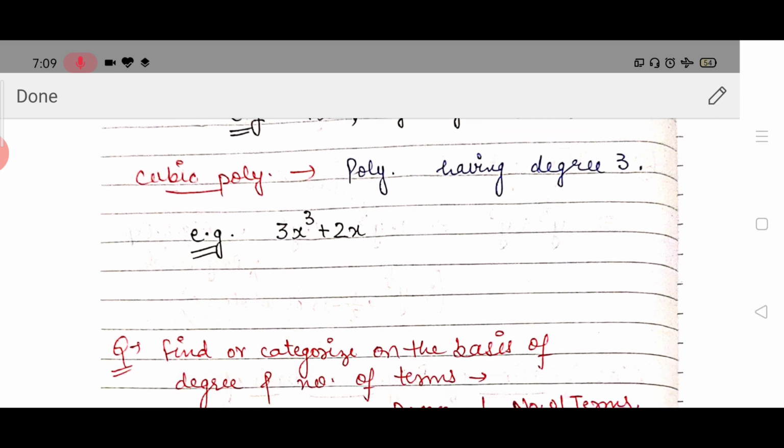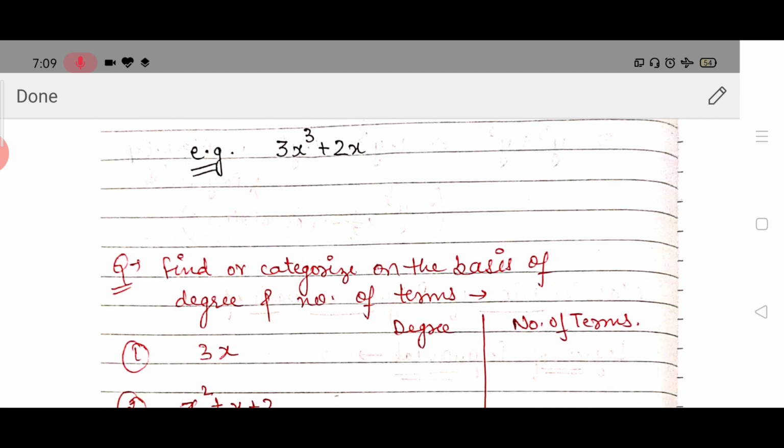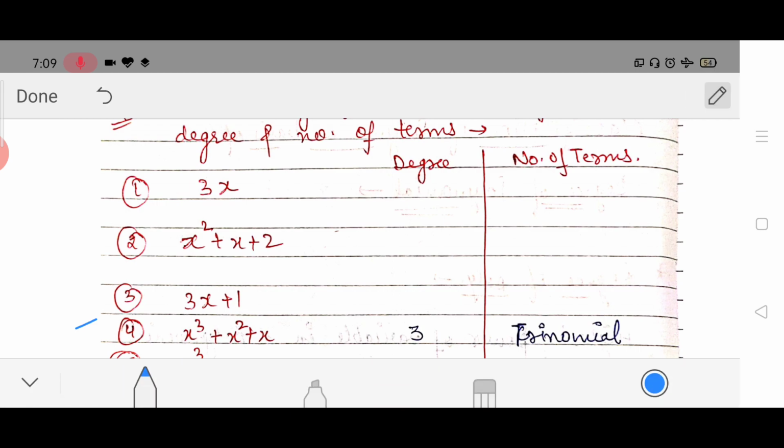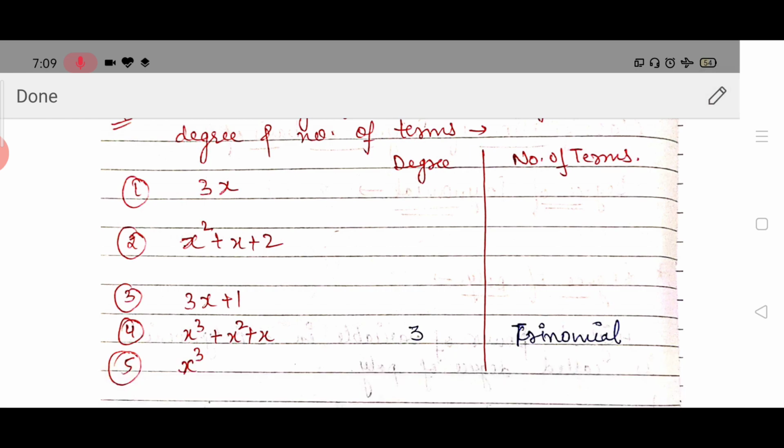Moving on, I have given a question. You have to categorize on the basis of degree and on the number of terms. From this question your point of view will be clear. For example, I have done one for you. Example 4 contains 3x cube plus x square plus x. As you can see, its highest degree is 3, so I have written here degree 3. And as you can see, it contains 1, 2 and 3 terms. That's why on the basis of number of terms it is a trinomial. You have to solve all these five parts, out of which I have done one in your notebook for